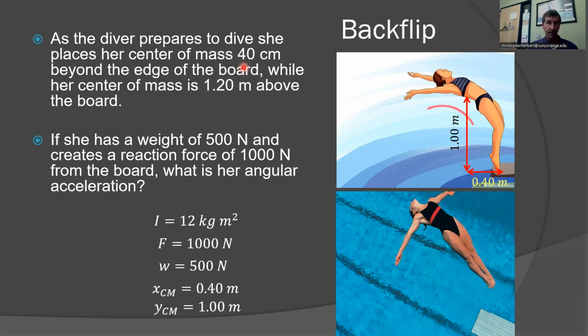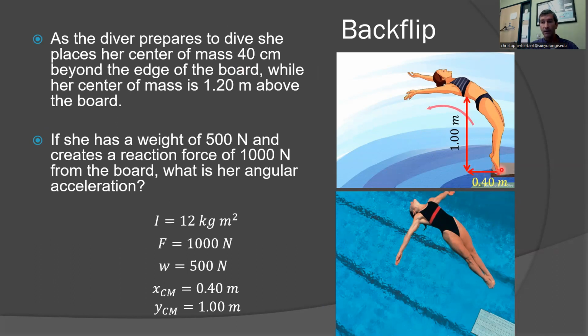angular momentum. Here we have a simple system of a diver going off of a diving board. As she leans back, her center of mass is over her base. Her base creates angular momentum here via torque, okay? Our torque is equal to her weight. Her weight is equal and opposite to the normal force from the board. That pushes up